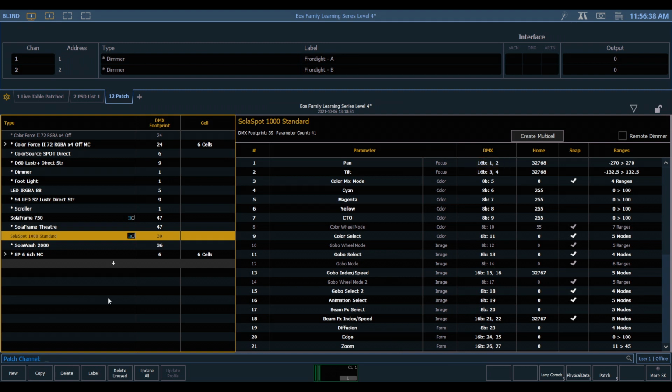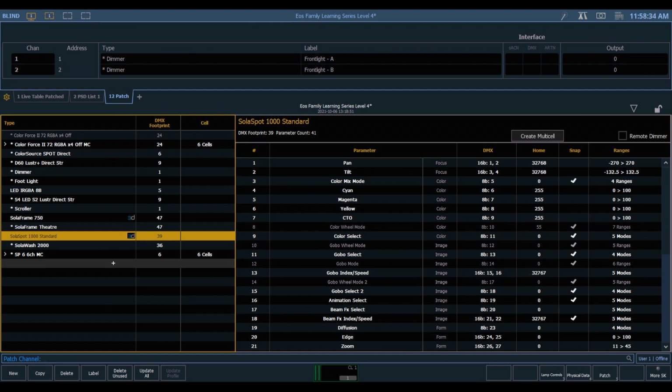This is very common for pan and tilt, and it's often used for other things as well, like edge, sometimes for color, sometimes for intensity. And what this does is for parameters where 256 steps is not enough, which is what one DMX address will allow, it uses two channels so that we get over 65,000 steps, which is 256 squared, so that we have a lot more granularity when using these parameters.